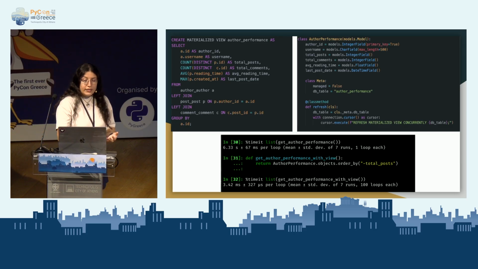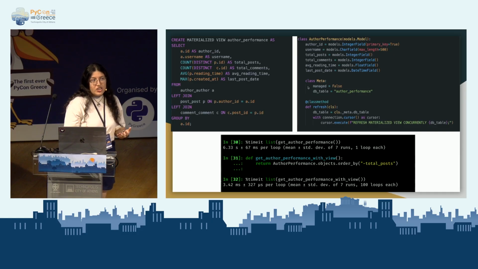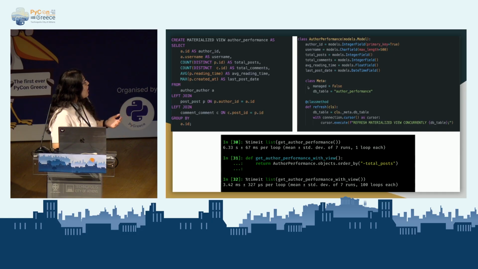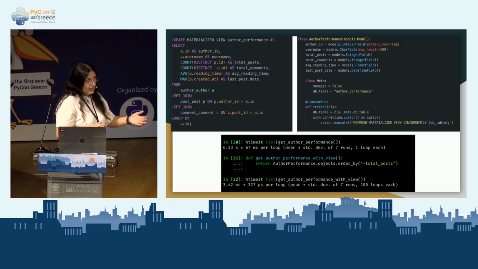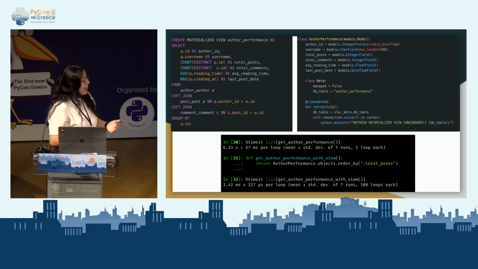So for this, we set managed equals False in the Meta class. Also, we use the materialized view name as the db_table name. So when we run our query again, it took only 3.42 milliseconds, and it is 1,800 times faster. This huge speedup is perfect for reports or some analytics APIs.